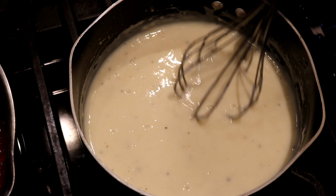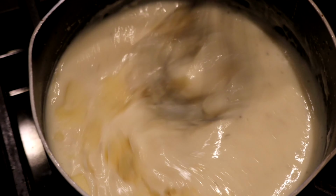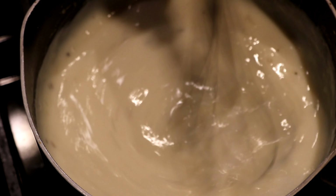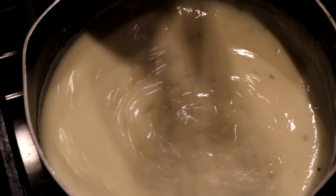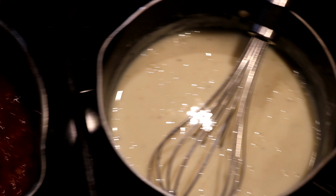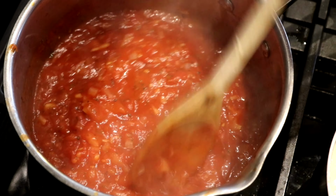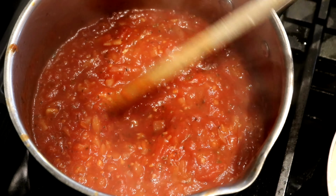Now I'm going to throw in the Parmesan cheese. That's perfect. Now I'm going to let that just melt away there, and my tomato is looking good. So the next thing then, normally you can throw the fish just into this raw, but I don't like doing that. I'm going to give it a quick pan fry. I'm going to leave my bechamel to the side, let it settle a little bit, and then it'll be time for assembling. Now just to quickly sear off our fish, small bit of oil,